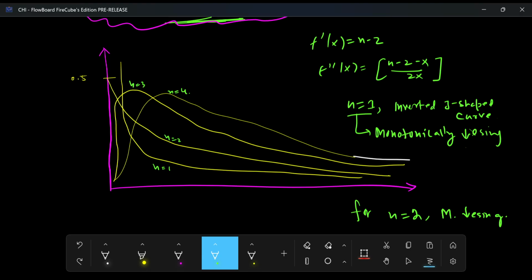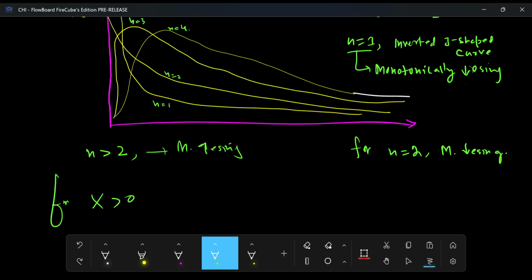Whenever n is strictly greater than 2, then the graph is monotonically increasing. As you can see, for n is equal to 3, this is increasing, then this is decreasing, but overall this is increasing. For higher values of n, we get the monotonically increasing graph. And the PDF of this for x greater than 0,